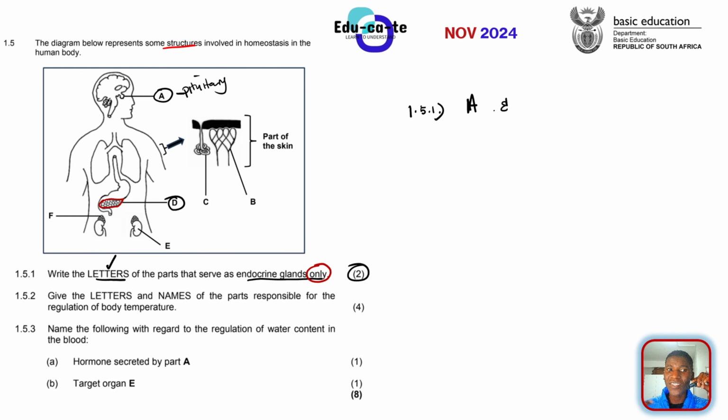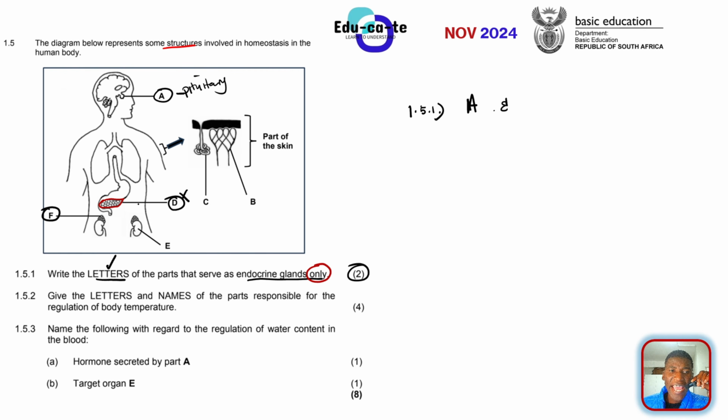Okay, it secretes them into the intestine basically, and then it also secretes enzymes, okay, into the ducts. So part D, the pancreas, also acts as an exocrine gland because basically it is able to produce pancreatic juices. So basically, if you didn't understand that concept, try to look at my video on the digestive system for grade 11s. So basically, D cannot be an option because it can also be an exocrine gland. It is not only an endocrine gland on its own.